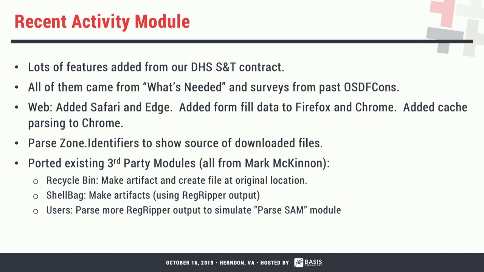So there's a recycle bin module now. It'll find the recycle bin entries. It makes artifacts for them. Artifacts are our way of generically storing data, kind of like Eric was talking about, grouping the event logs into a certain type. We call them artifacts in our system, but it also makes a deleted entry back at that path, right? So you delete a file in the recycle bin, it moves to the recycle bin. We're also making a deleted path back where it was before, so you can see that entry there.